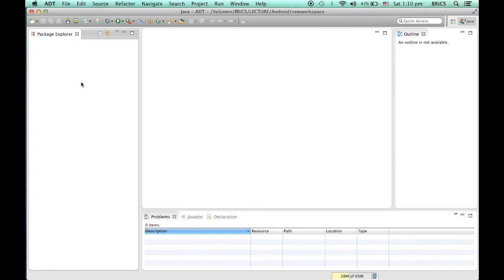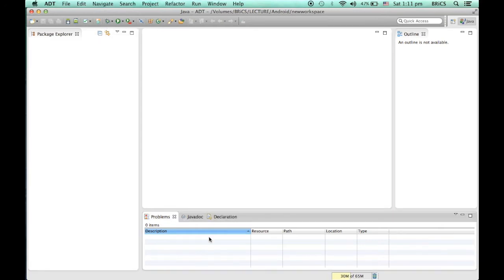Inside Eclipse, you will find a few sections. This is the first section called Project Explorer. Whatever project you create will be visible here. All the files and all the resources will be visible and accessible through this section. This is the second section, which is used for the editor. You will open all your text files in this section and you can edit, save and compile them.